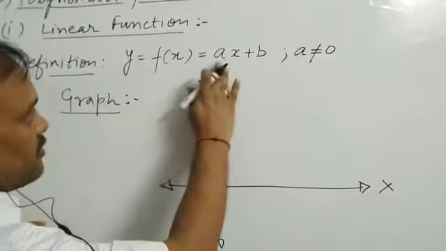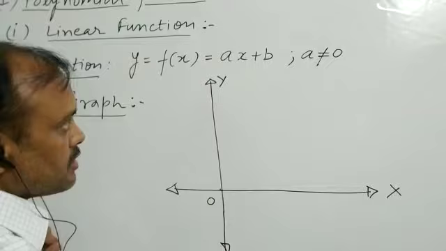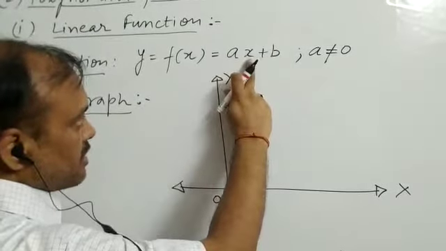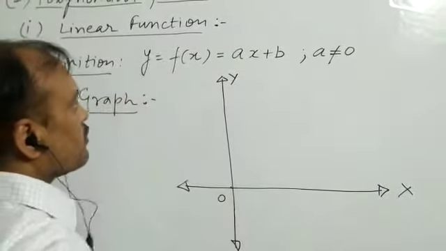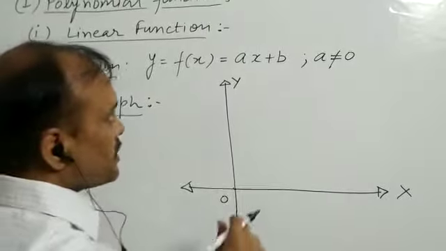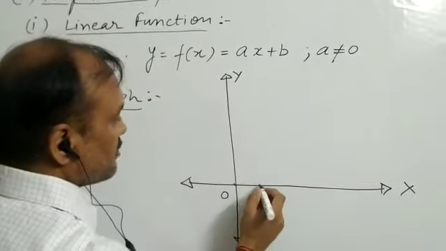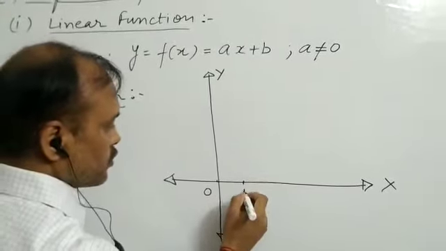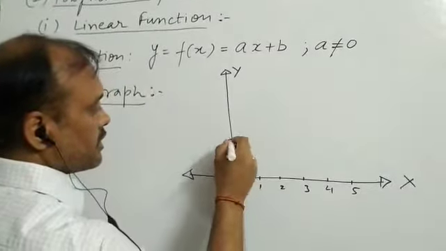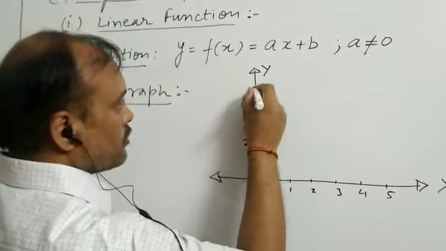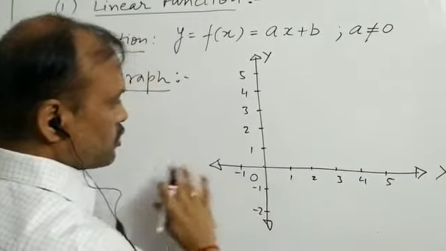Now plotting the graph of any function means we take some real value of x and putting that real value of x in this expression, we get some real value of y. Now the ordered pair (x, y), let's say if we are putting x equal to some value x1, or 1, 2, 3, 4, 5, you see 1, 2, 3, 4, 5. Similarly minus 1, minus 2, and so on, so we can draw.